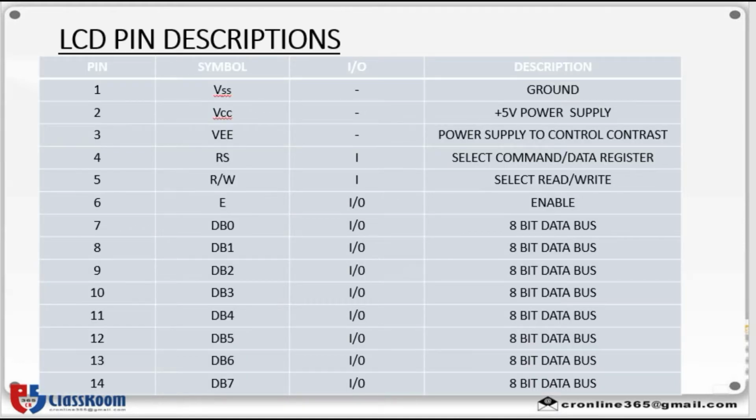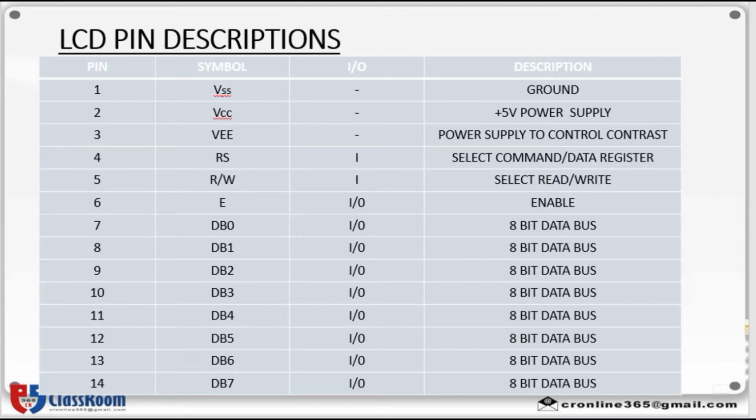Then let's see LCD pin descriptions. Pin number 1 VSS ground. Pin number 2 VCC used for connecting plus 5 volt power supply. Pin number 3 VEE used for controlling contrast to LCD. Pin number 4 RS, select command or data register. If RS is equal to 0, command code register is selected. If RS is equal to 1, data register is selected, allowing the user to send data to be displayed on